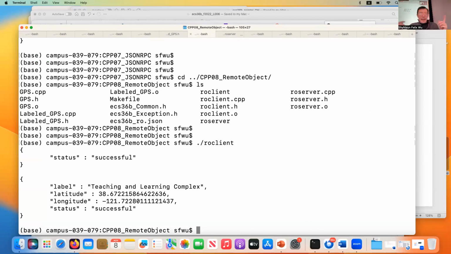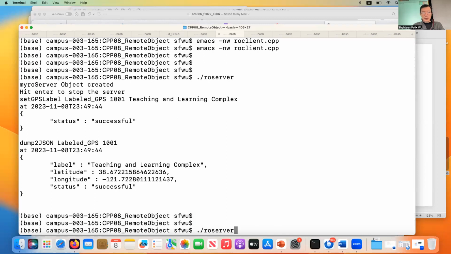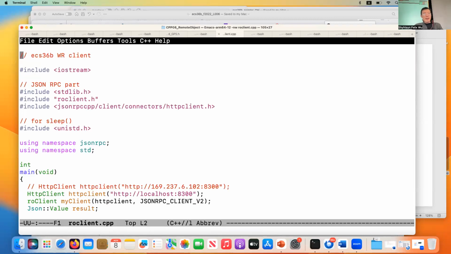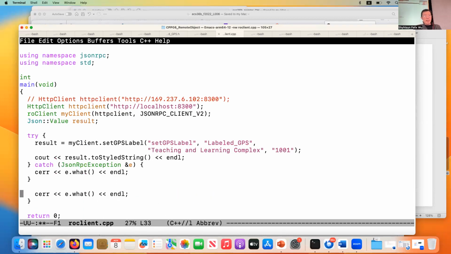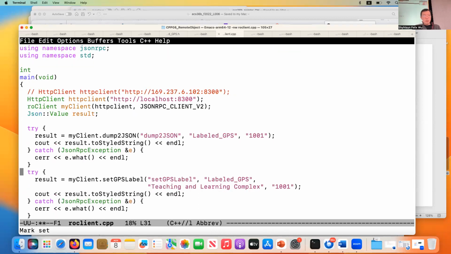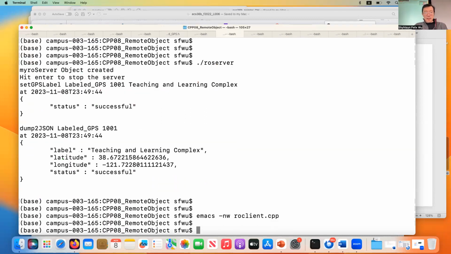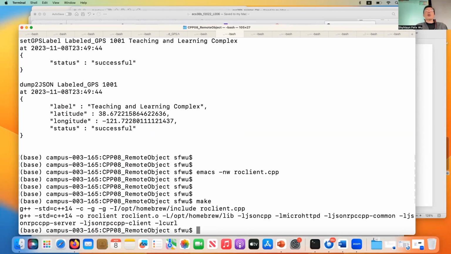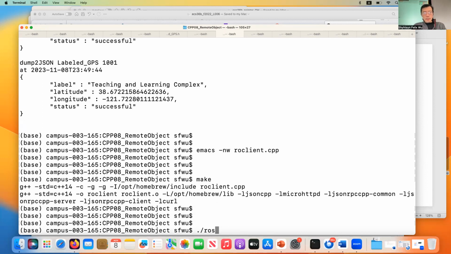Okay, so let me actually change one thing to show you more action here. If I go to my client, I did a dump to JSON before the set and after the set. So I can just copy this piece of code. This is dump to JSON. I'm calling dump to JSON first, then set, and then calling dump to JSON again. By the way, you're really encouraged to do this kind of modification to show you actually understand what the code is doing. So now I can run the server,